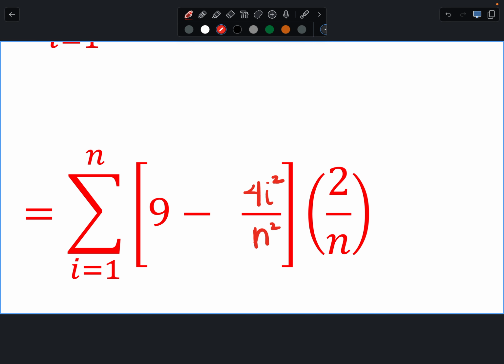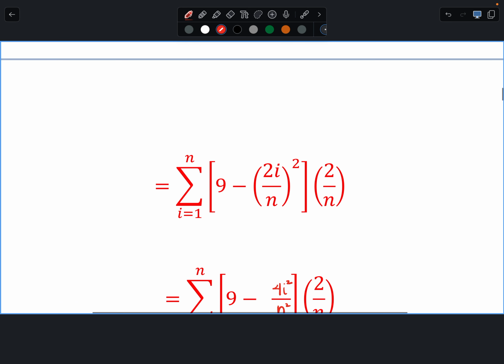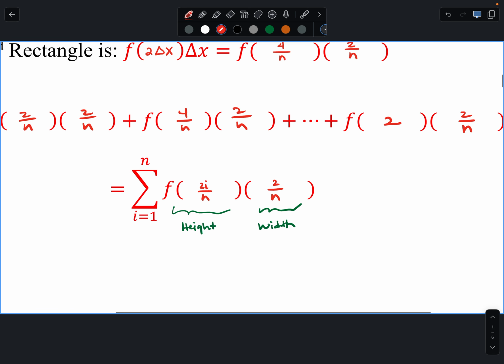Where we can distribute and we would have 18 minus, what is that? That'll be 8/3. So minus 8/3, and then minus 4 over n